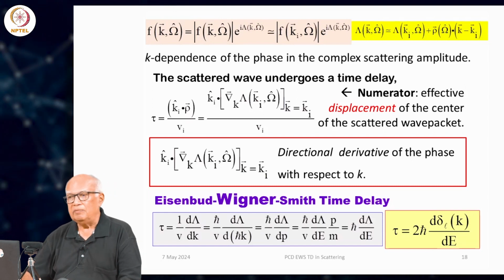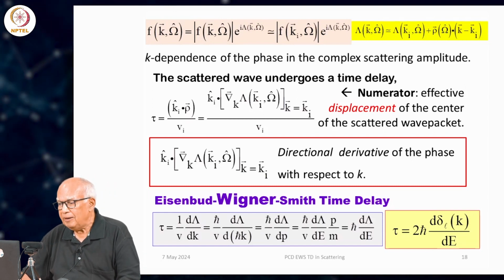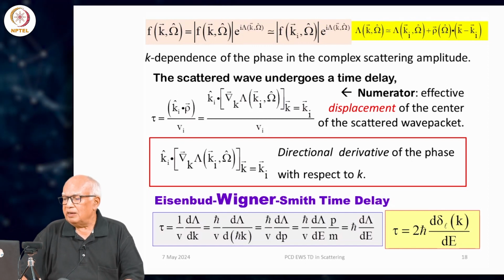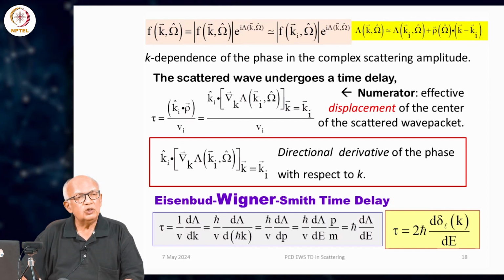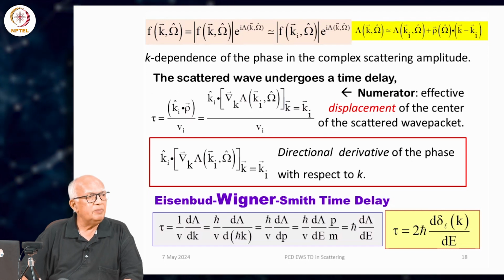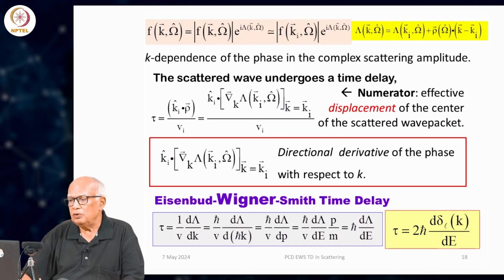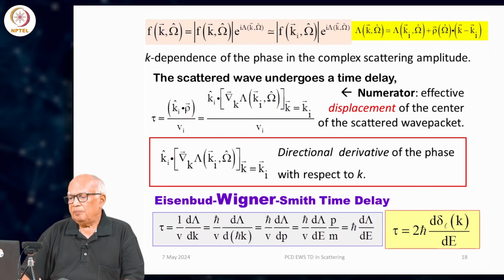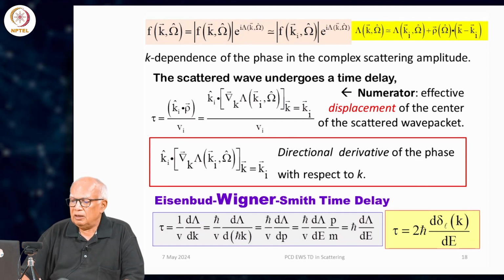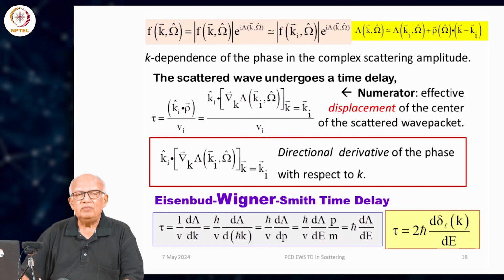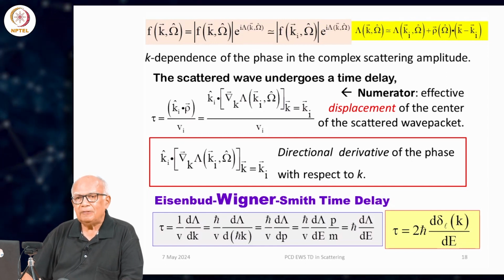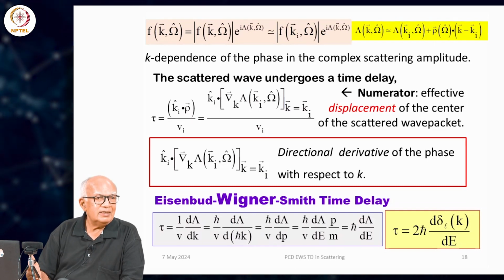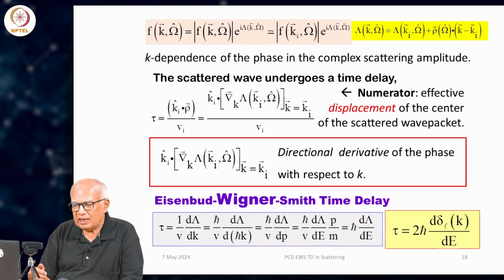This is the Wigner time delay. It is also called the Eisenbud-Wigner time delay, because Eisenbud was the first one to study it in his PhD thesis. He was a student of Eugene Wigner, and it is also referred to as the EWS time delay. S stands for Smith, who wrote a paper a little bit later in 1960, and I will discuss Smith's contribution,